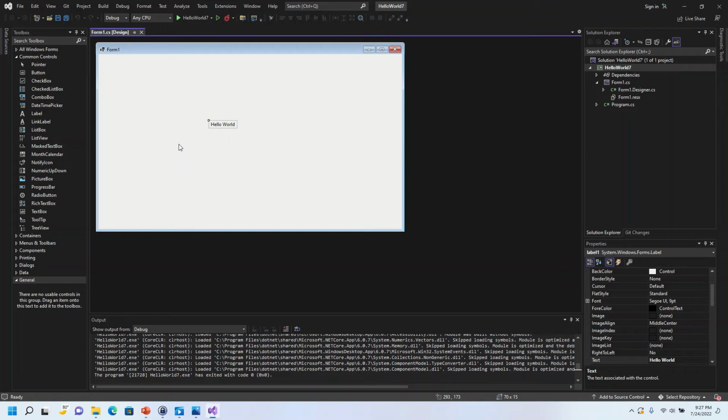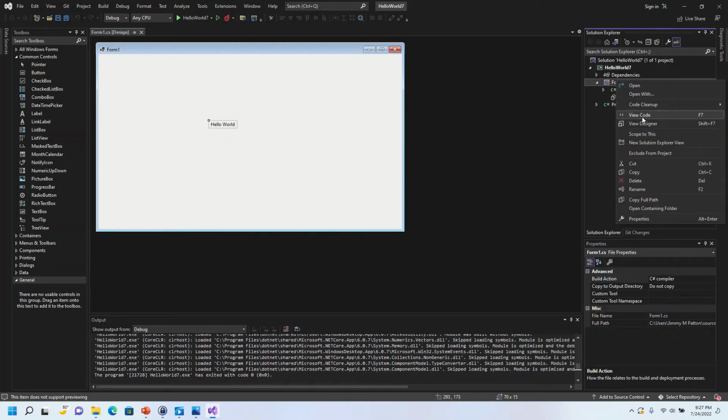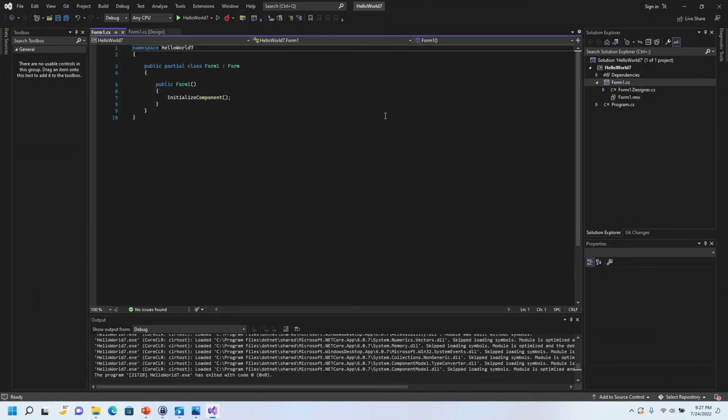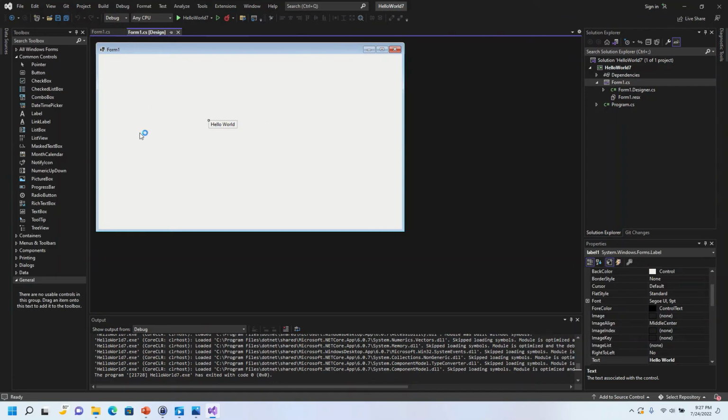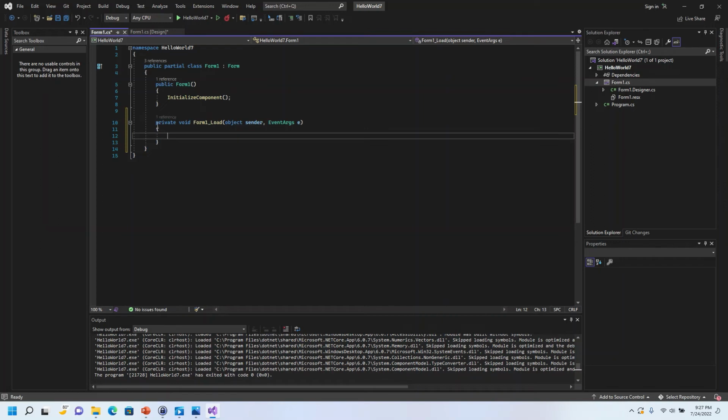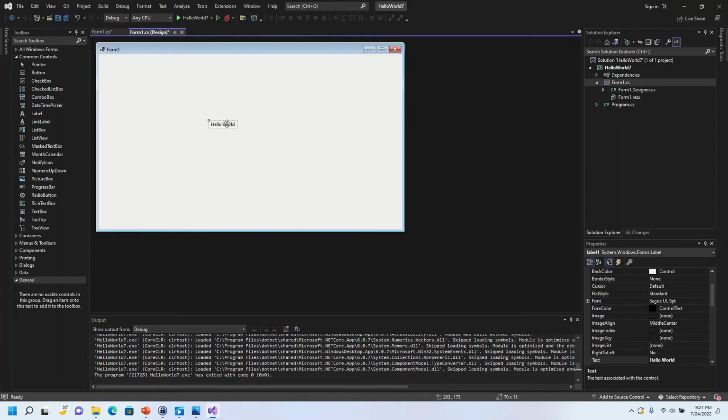But let's go ahead and add some code. If we go over here, we can right click and view code. And when we view the code, we can see we have some basic code. But let's go back to design and just double click anywhere on the blank screen. And this will bring in this code, which on form load, will run whatever is inside the curly brackets. In this case, we want to change this label, which if we go over to the alphabetical view and scroll to the top,